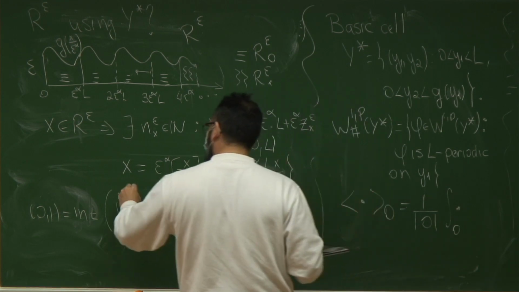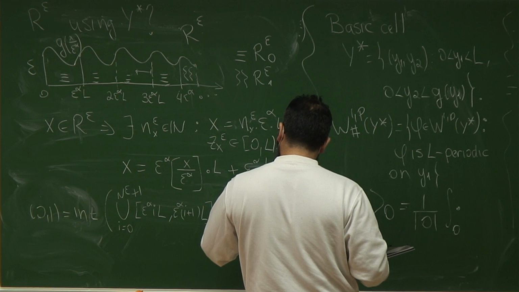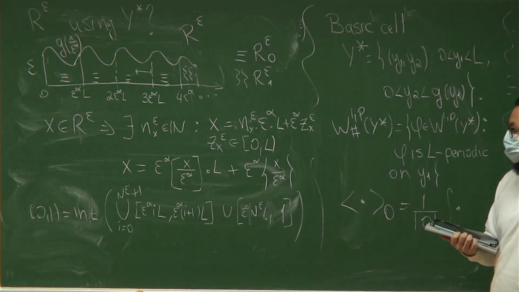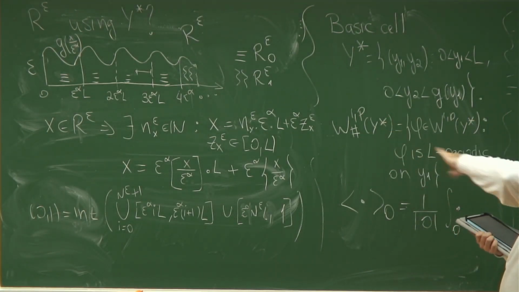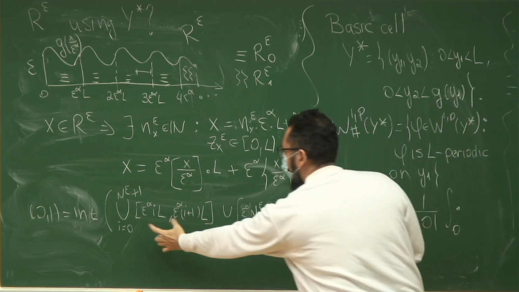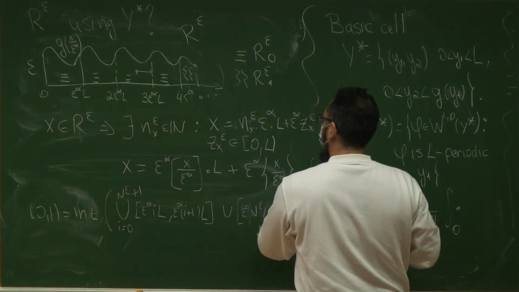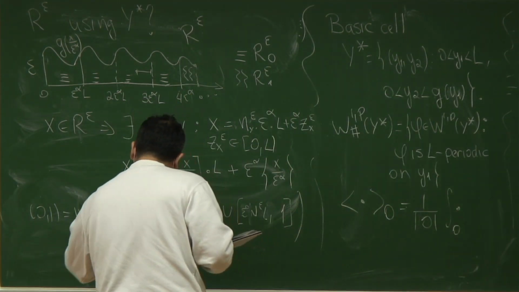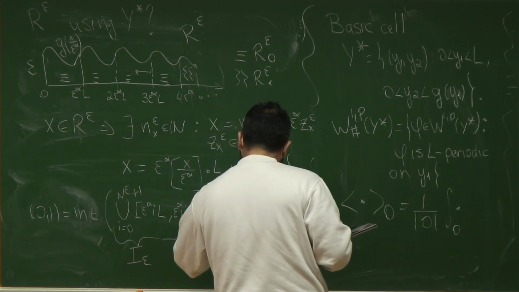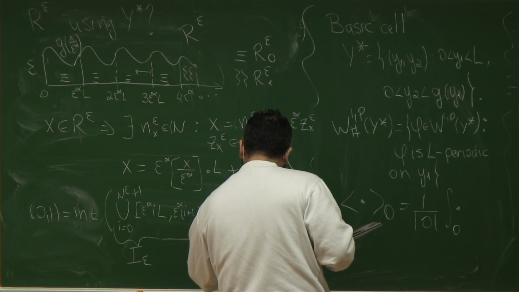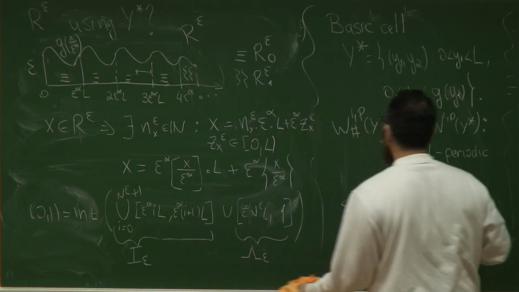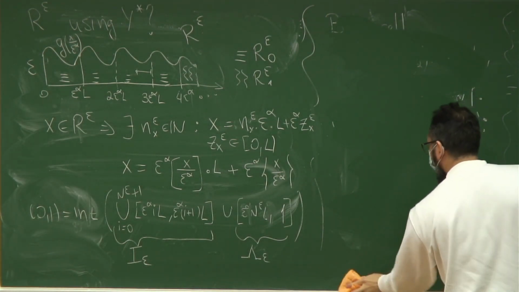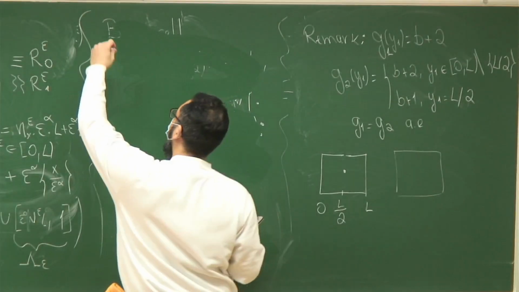Now let's put some here, it's better. I guess you all agree we can write the horizontal part as this. We will have this and this, each one, and this last one remaining. This part I will call I epsilon, and this big lambda epsilon. So, finishing the notations, to understand them deeply,